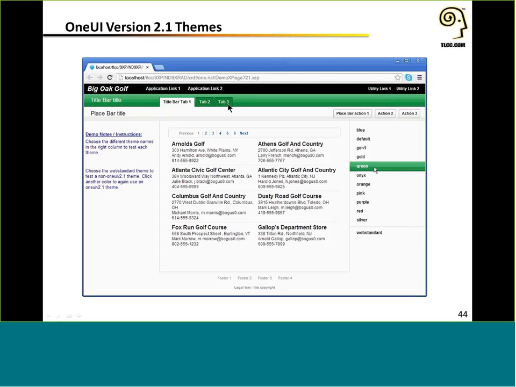There are tabs to switch between applications. There are buttons on a place bar to invoke some sort of functionality related to what they're seeing. So One UI, been around for a while. Problem is, not easy to use out of the box. The documentation wasn't written for most people, and it's just not easy to use. But with